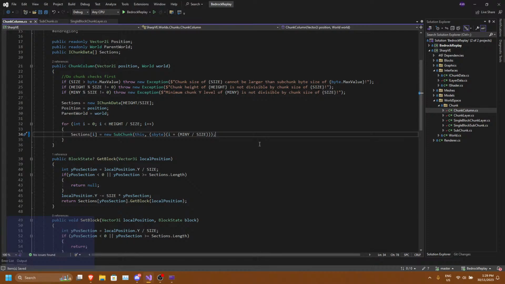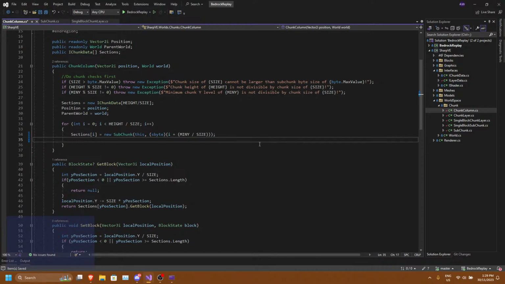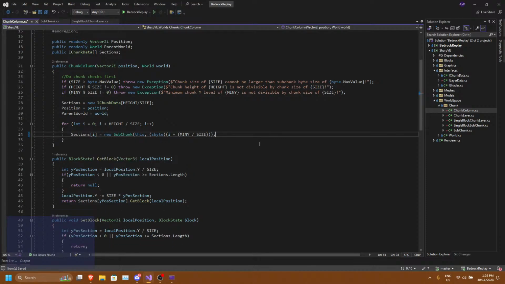And then we do sections dot, no, sections I dot, no. Okay, that won't work. Block states, sign vector, dot, yeah.